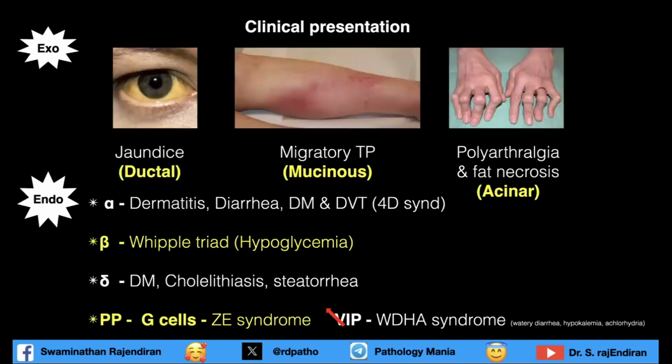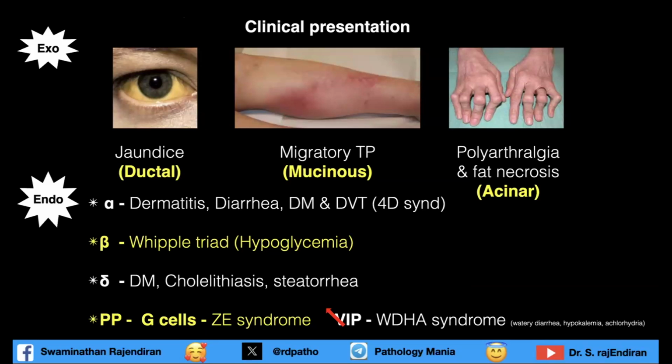There are some interesting clinical presentations for exocrine and endocrine neoplasms of the pancreas. For exocrine pancreas, when the duct is obstructed, it produces jaundice. Those are the patients who come in at an earlier stage, stage 2 or stage 3, because of the jaundice, we identify them. But if the lesion is in the distal pancreas near the tail of the pancreas, we won't get it until